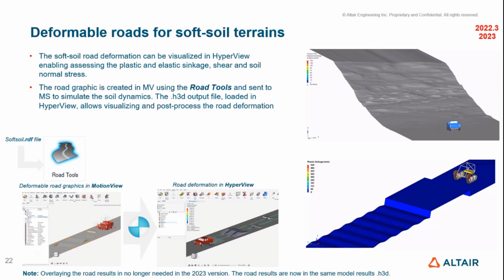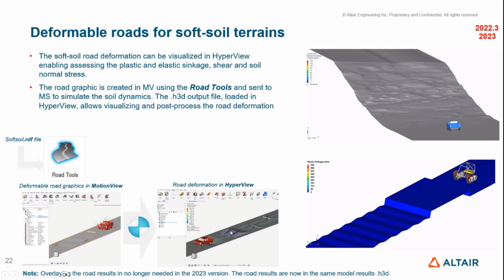So if you take the same soft soil RDF file and load it in the road tools, you can now import it inside MotionView and visualize the different obstacles that you have, or, in case you have a CRG soft soil road, you'll be able to visualize the road in MotionView. Now, when you perform the simulation, this same road will be deformed, and then you can post-process in HyperView and